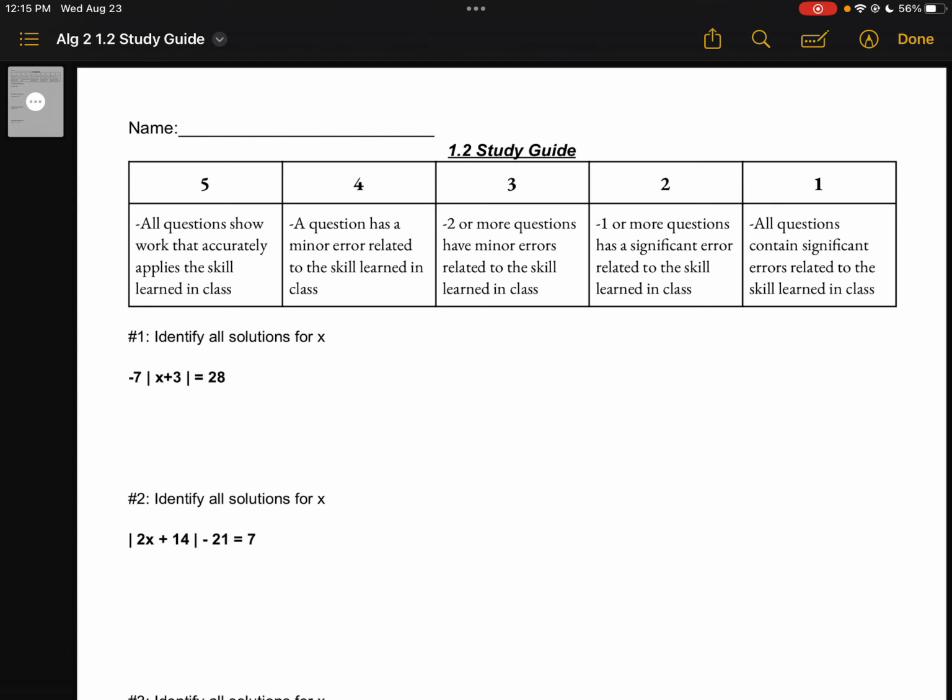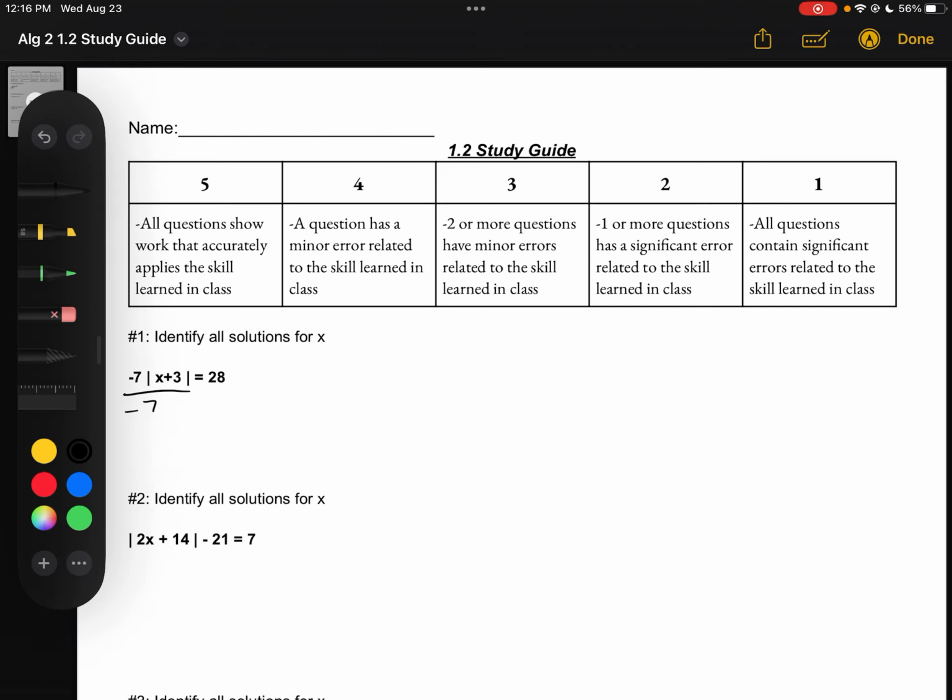All right, everyone. So today's study guide, we're going to go through our example questions here with absolute value. For our first question, we have a number outside of the absolute value, so we're going to want to take care of that first. So we're going to divide both sides by -7. And once we do that, we're going to end up with the absolute value of x plus 3 is equal